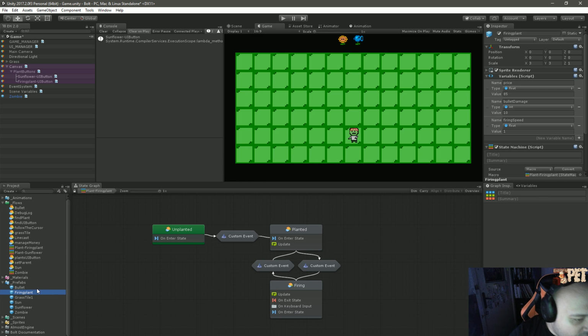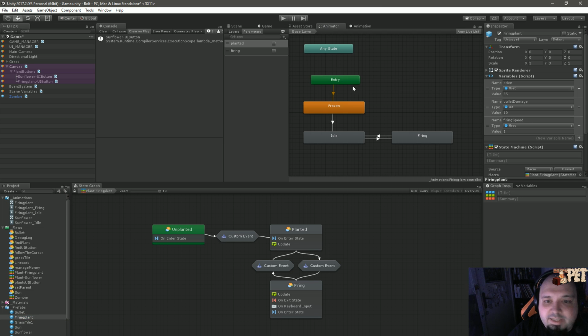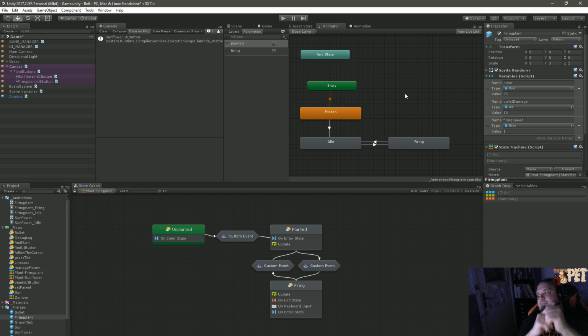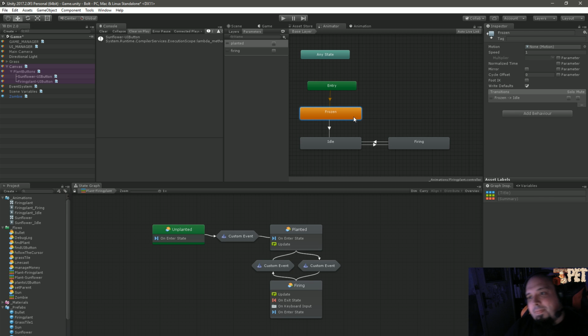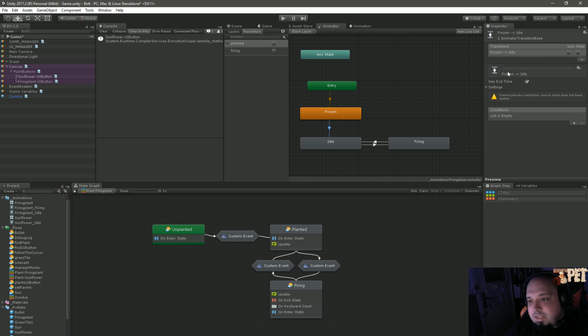So let's actually talk about the firing plant. Like with the spawning plant, we created two animations. The firing plant actually has this state machine, because it has a state where it's frozen, which is not an animation, it doesn't animate. But then it has the idle animation, and then it has the firing animation, which is why we have this super complex animation system. So the way you go from frozen to idle is, as you can see, from the planted, when the planted